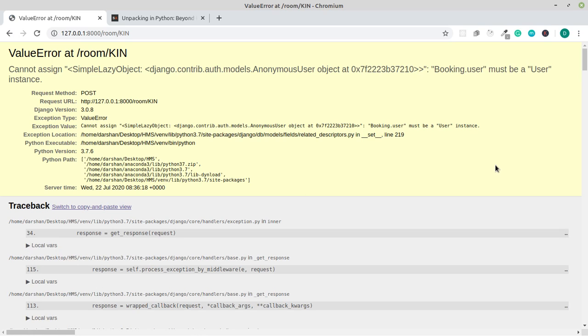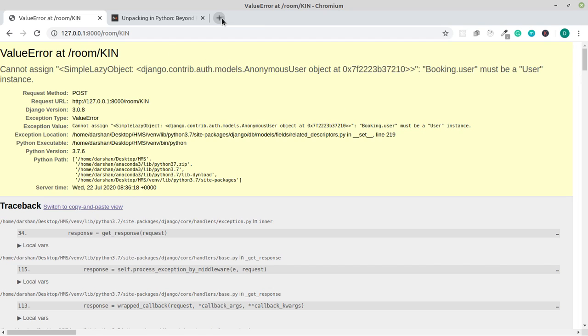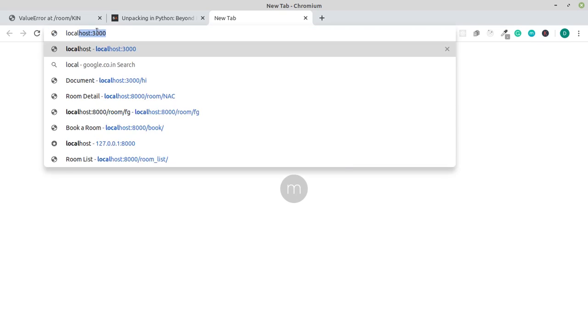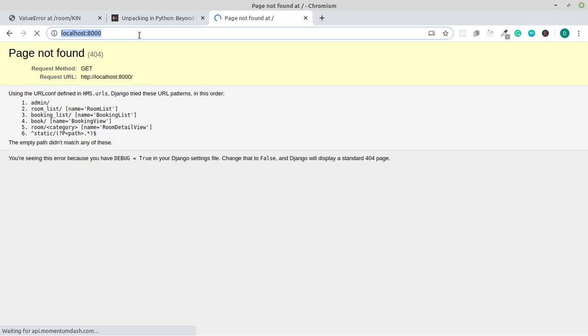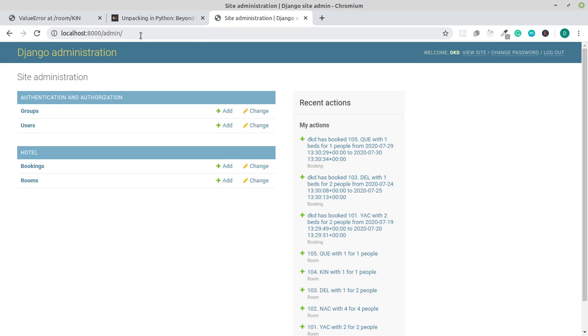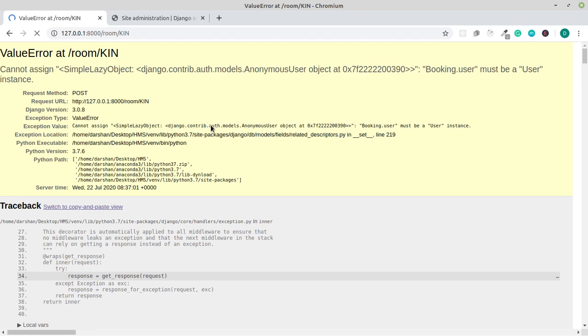Now this is something which we are going to handle in the next or the next to next videos, because this is an error which happens when we have not logged in. So simply go to your localhost, not localhost 3000, it should be 8000. Okay, localhost 8000/admin. So when you go, I think I'm logged in, so let's refresh it now, and now it should give you,